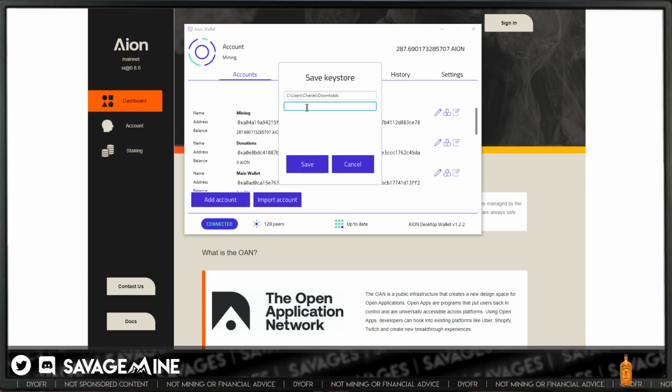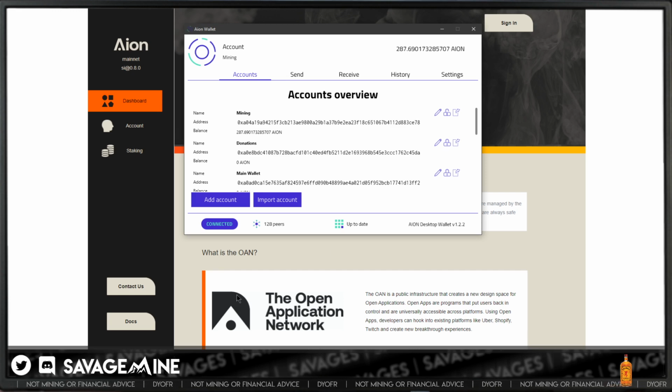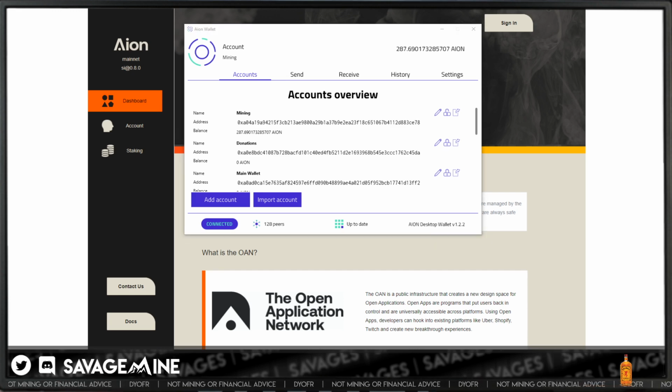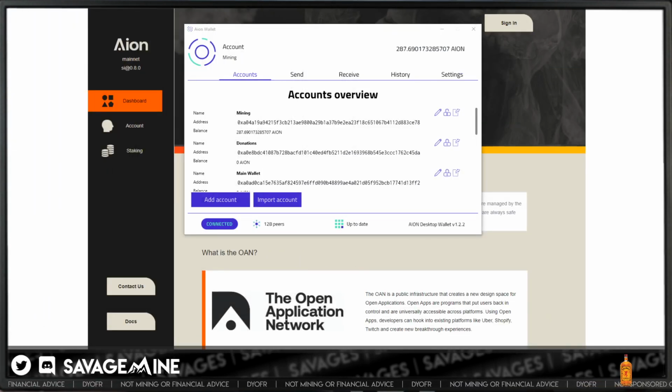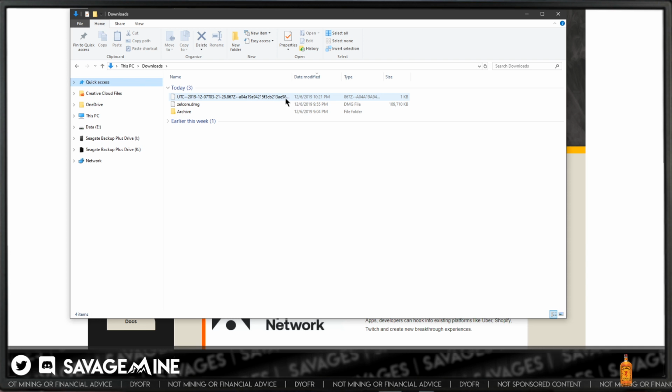And then the password that you want for the file, and then save. All right, so now I should have a Keystore. Downloads, looks good. No, y'all can't see this. So there is the Keystore file right there.